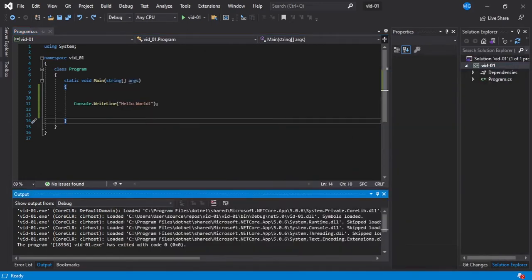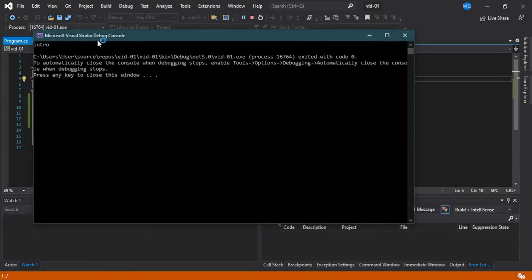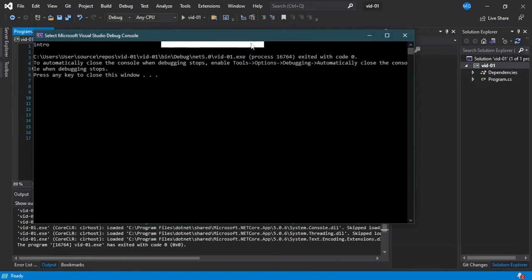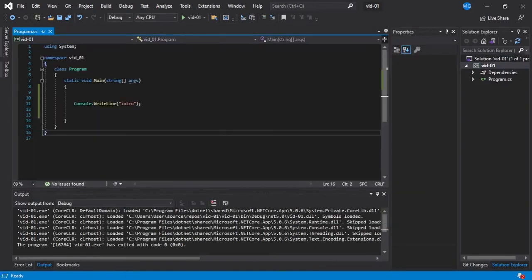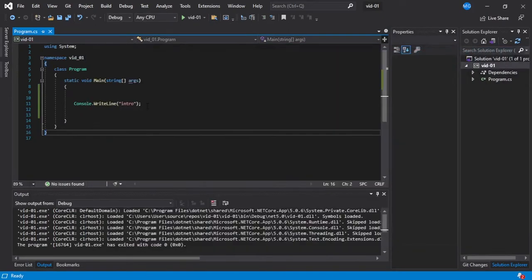And if we change this, let's say, let's write here intro and run the application again. You see that the text has changed and we have a new text in our console. So basically, if you want to write anything in the console, you'll be using this, and this is not going to change. We don't have any replacement for this.